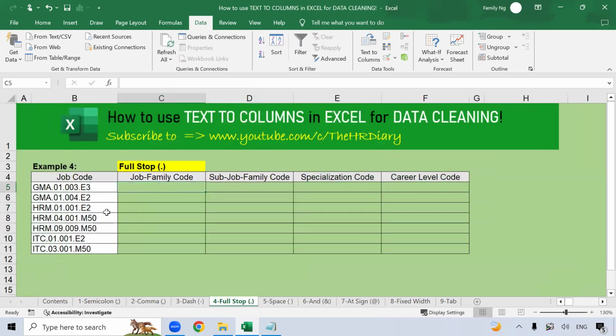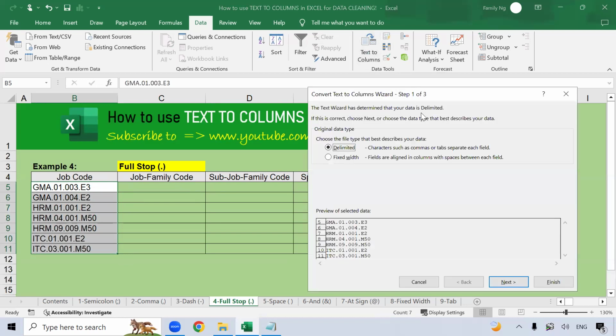In example 4, I have some job codes separated by full stop. I want to separate this data whenever there is a full stop into job family code, sub-job family code, specialization code, and career level code. So to do this, select this data, go to Data, click on Text to Columns, and select Delimited, click on